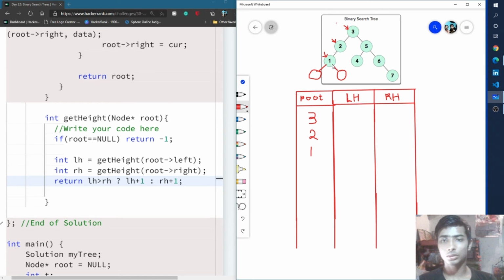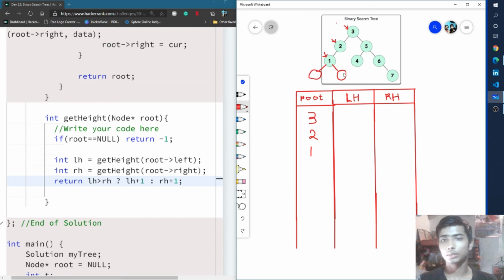This time the root is 1, and the right is also null. So this condition is hit, and it also returns -1. After that we determine the maximum between these two. This time both values are -1, so we take -1 and then return it by adding 1 to this -1.